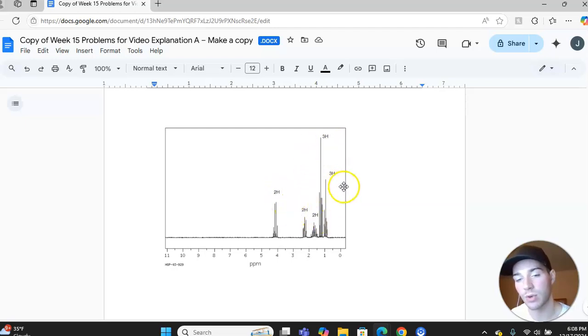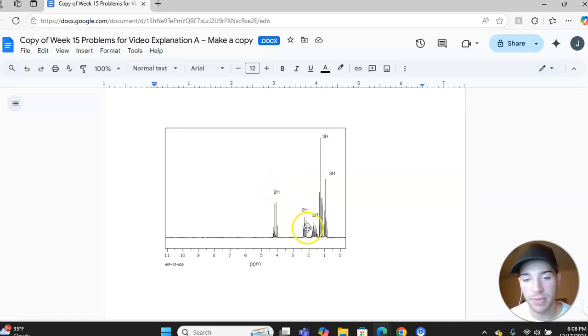These all add up to 12, so I knew that it wasn't simplified at all, and all these peaks were as they should be for the molecule that I had started to draw. So this peak here,